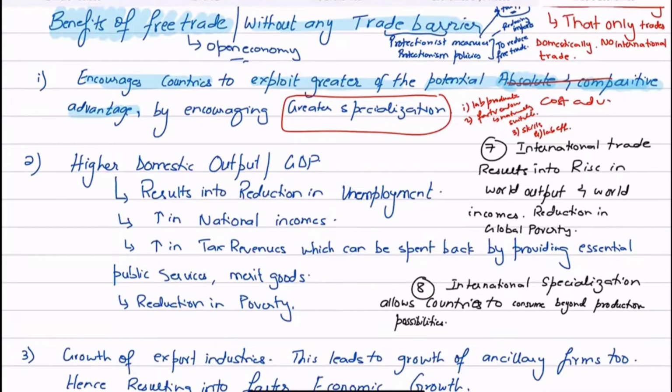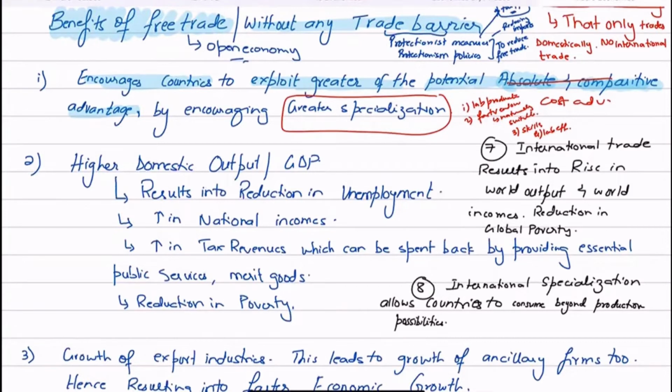Exploiting that means making full use of it, right? So if you have a cost advantage, which means you can produce something at a low cost, maybe because you have a good amount of labor, efficient and productive labor, a factor endowment that is naturally suitable, or a technology that is suitable for it, then you should exploit that cost advantage by producing more of it and specializing in it. Instead of producing other goods as well, specialize in that in which you have a cost advantage. And this basically means that you are allocating your resources efficiently.